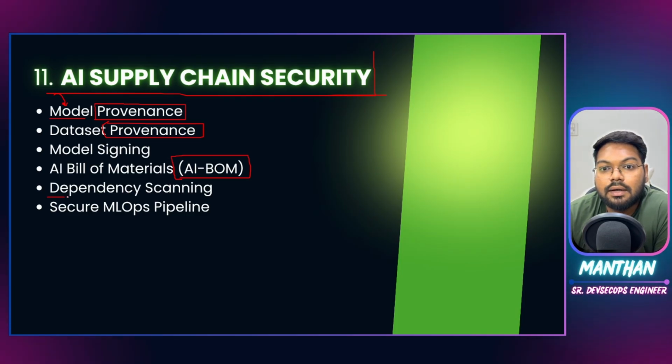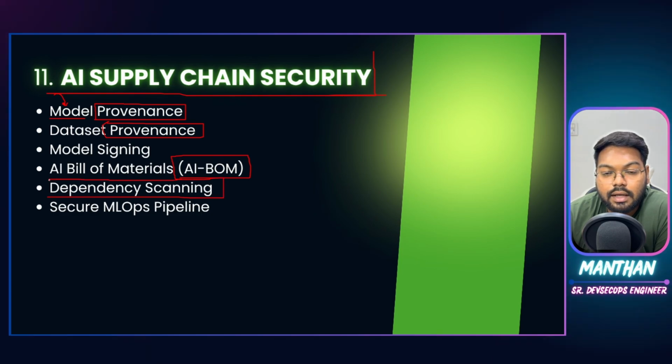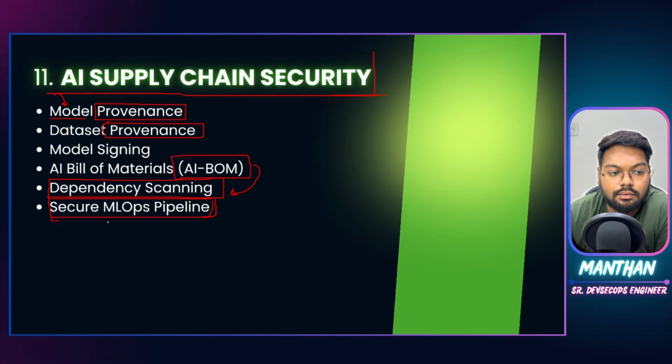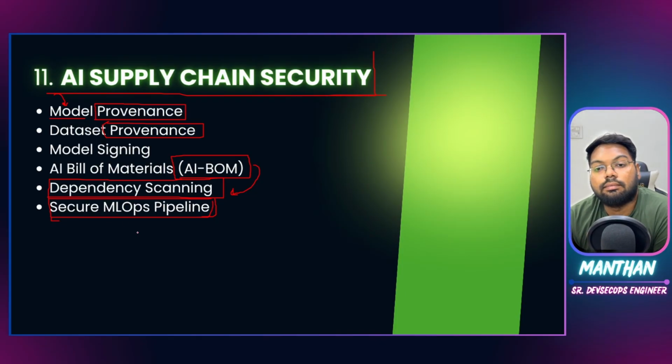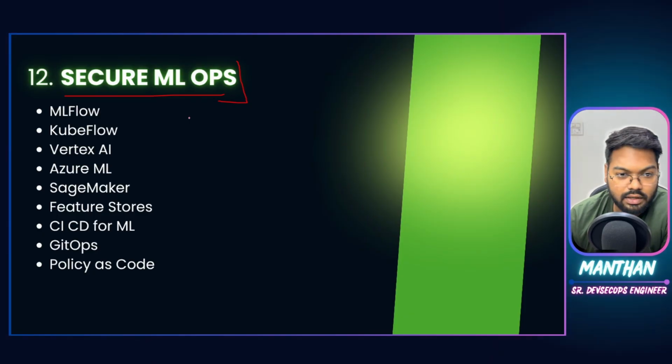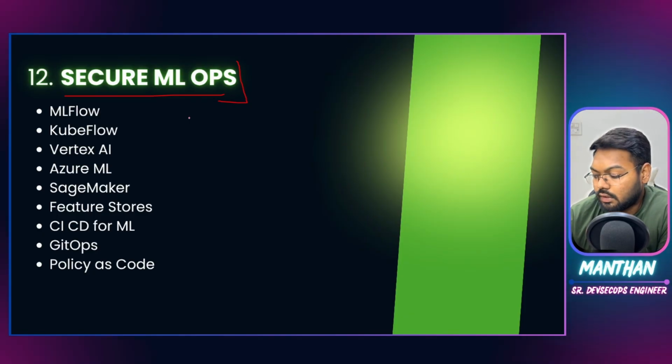And then next comes dependency scanning for whatever third-party libraries or dependencies you have for your application. So you do this with the AI BOM itself, and also secure ML pipelines, MLOps pipelines, so that the build and deployment phase and the artifact storage are secure in all ways. So that's what we deal with in the AI supply chain security model. Then secure ML operations of deploying your models to the cloud infrastructure or wherever you want them to be deployed. So that is what you need to take care of.